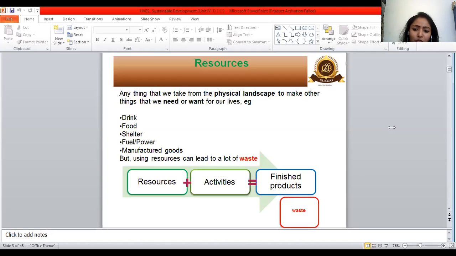So before we deplete the natural resources, we need to think about how exactly we can adopt certain practices, how we need to think about sustainable development, so that we can ensure that we are not depleting the resources completely. So with this session, before I start talking about sustainable development, I would like to first take your attention towards the